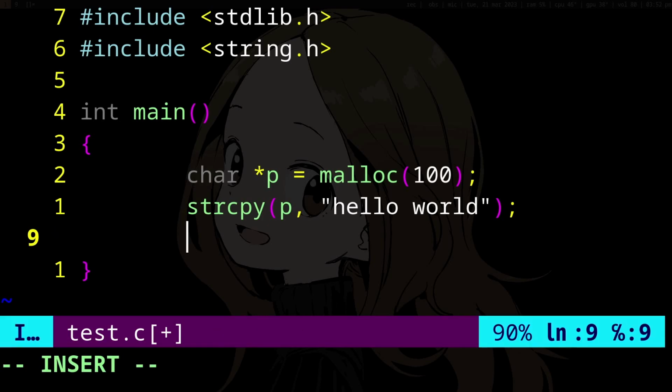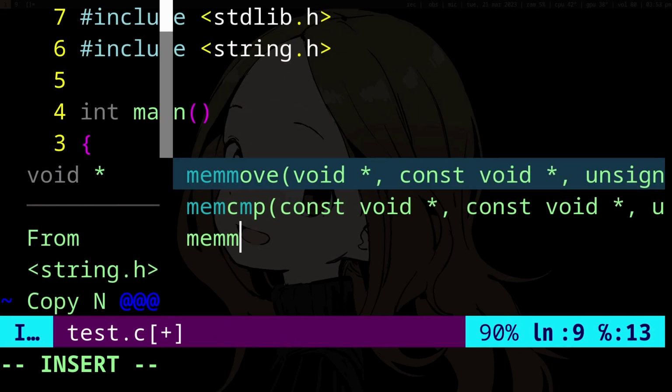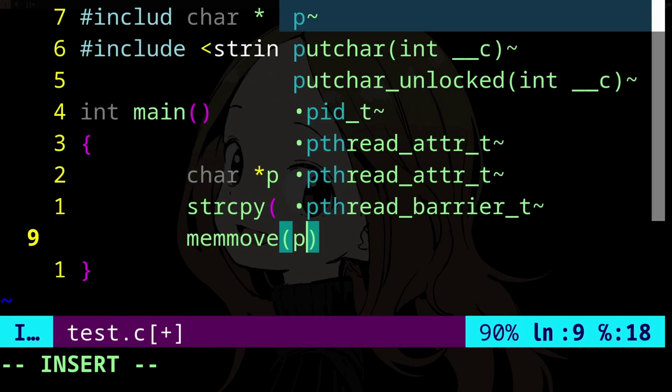So if you want to remove hello world and then remove the h and then move the string, like do a pop front, you can do memmove and p,